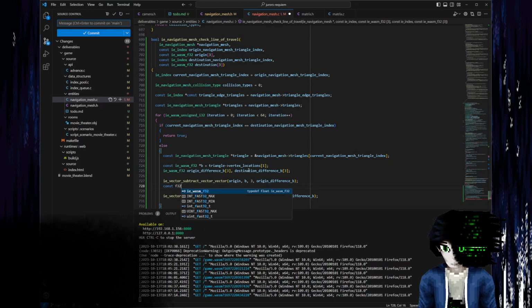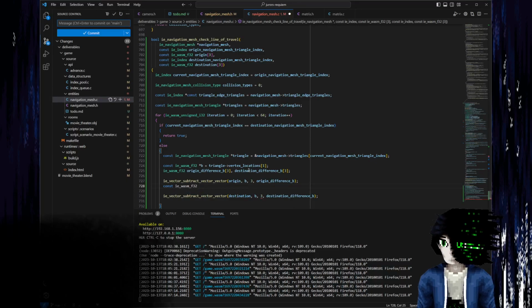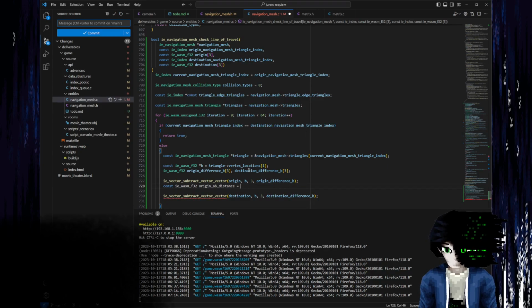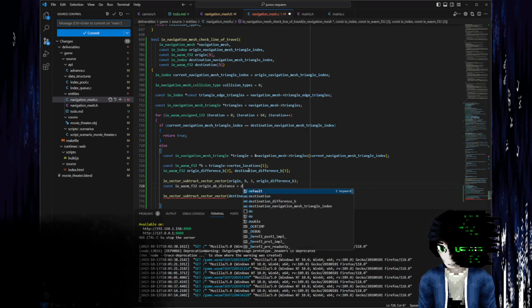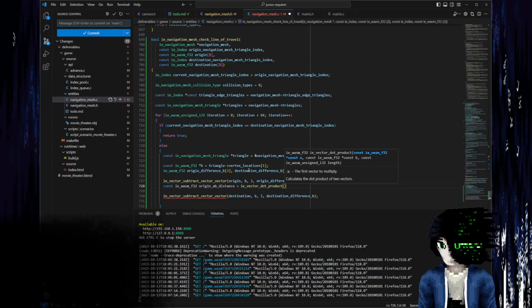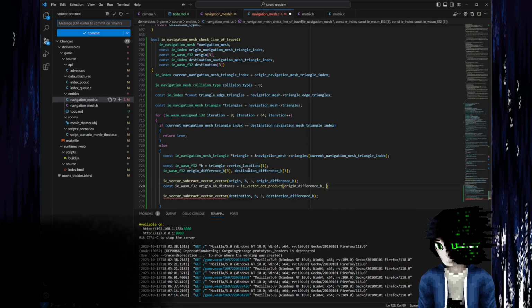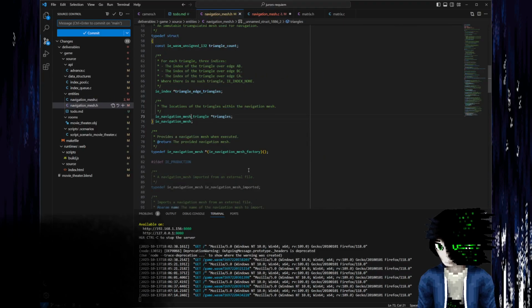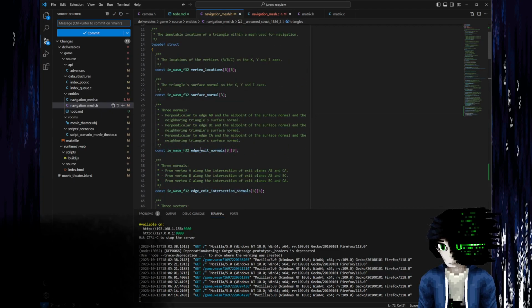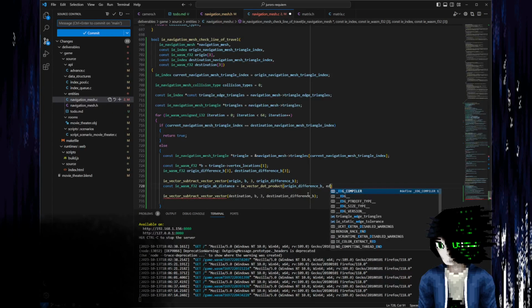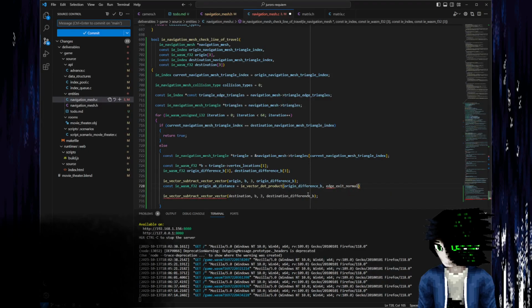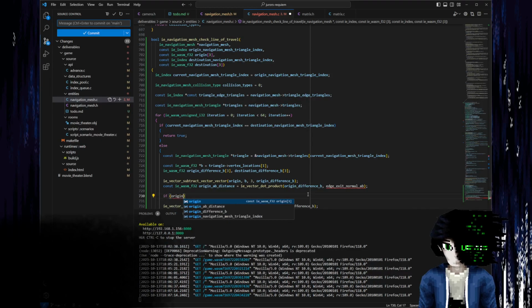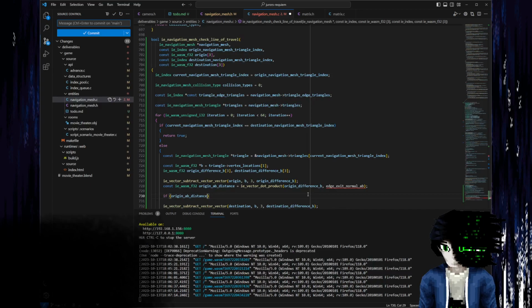At this point we can do a simple origin AB distance. It's a dot product, isn't it? Yep. And then what do we call this? Edge exit normals. That's the one. Edge exit normal AB. So if the AB distance is